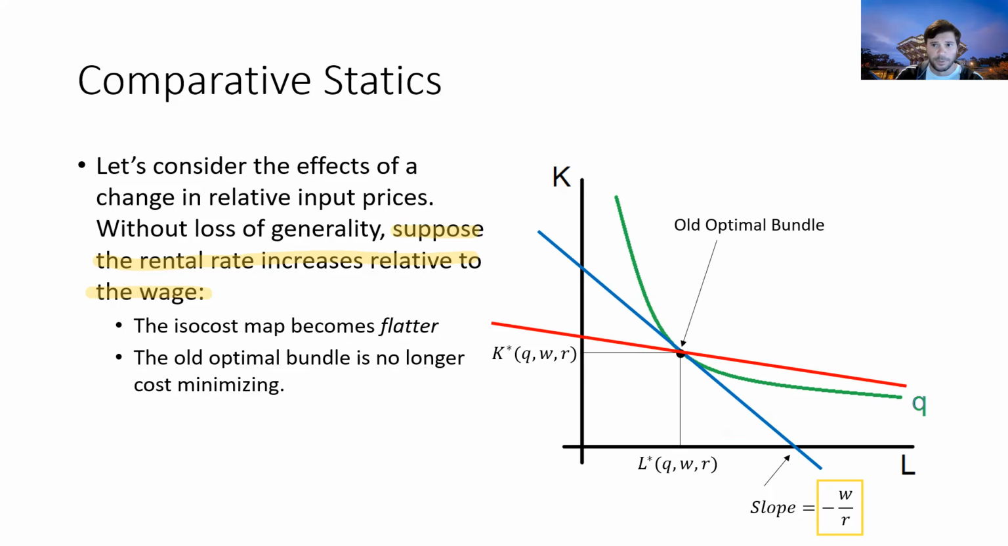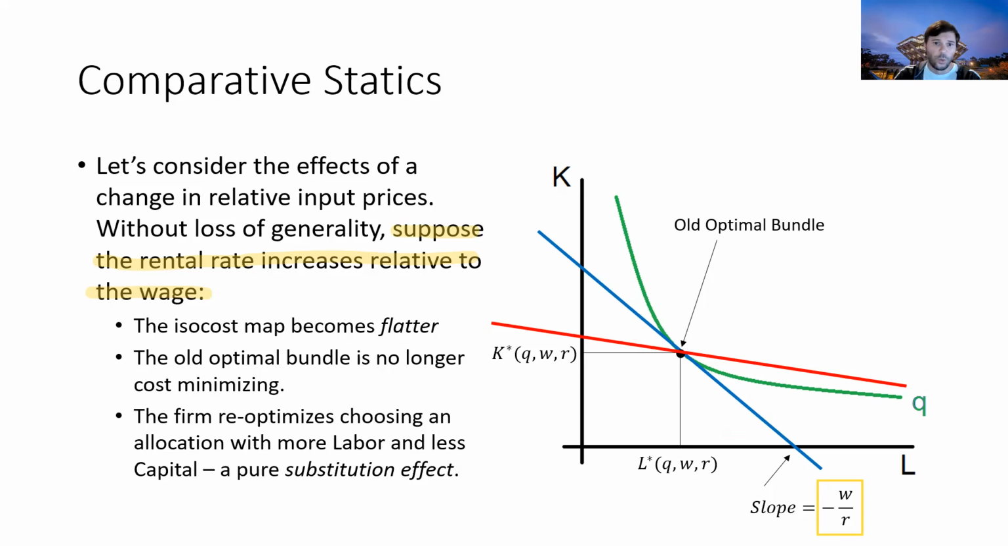We have an old optimal bundle, but if the firm is going to re-optimize now that capital has gotten more expensive relative to labor, what's the firm going to do with its allocation of capital and labor relative to the initial bundle? Yeah, it's going to shift towards more labor and cut back on its usage of capital. That's very good. So it's going to substitute,